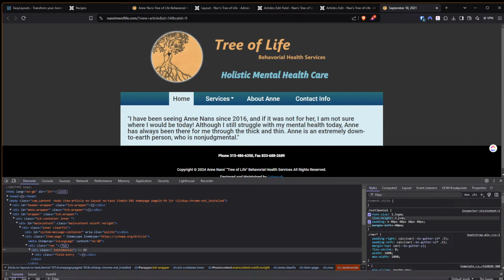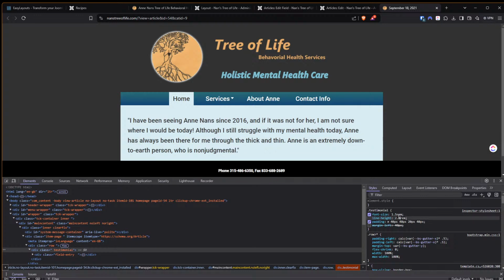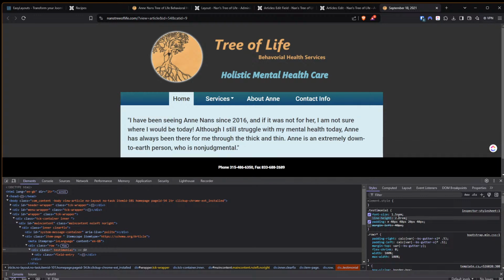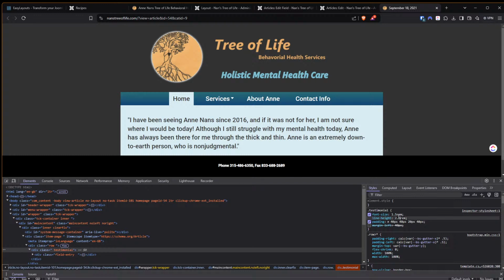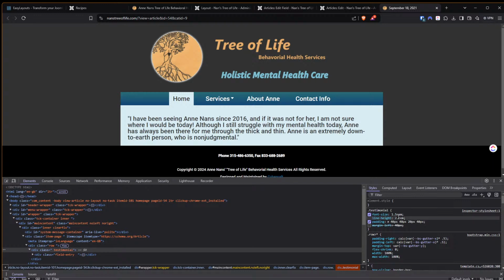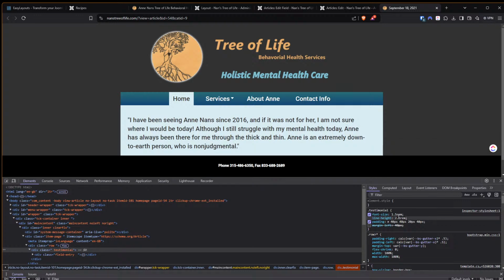Let's change the line height to 2.4. No. 2. No. How about just 2? No, that doesn't float my boat either. All right, and let's go text decoration, and it can be what's